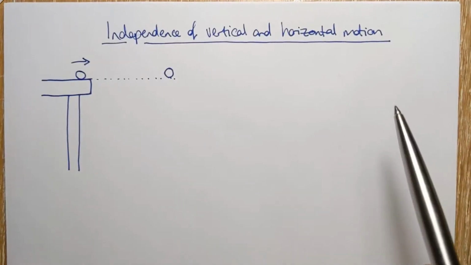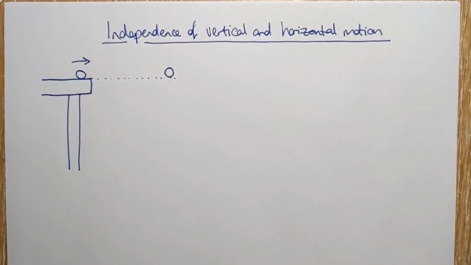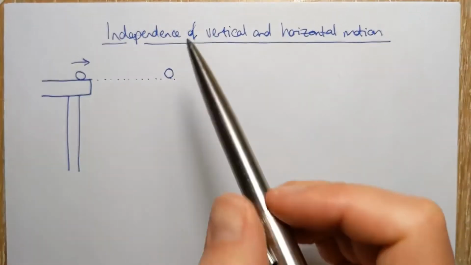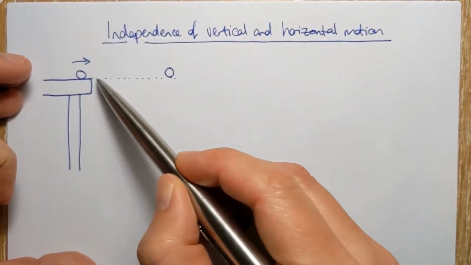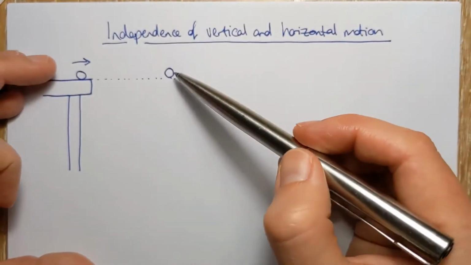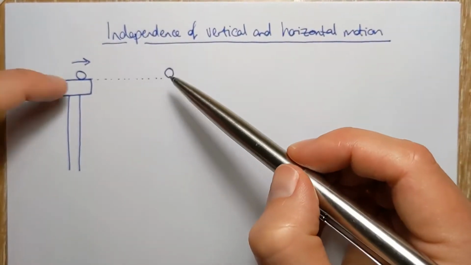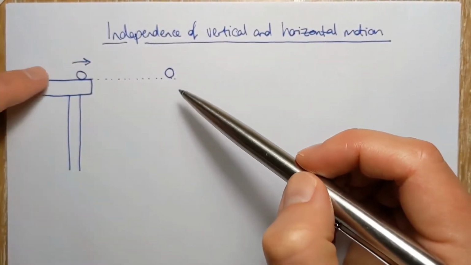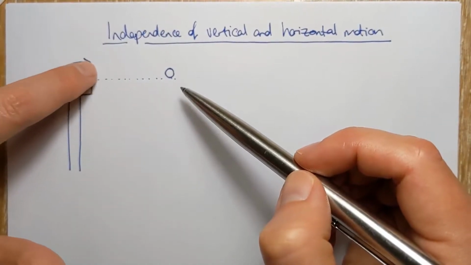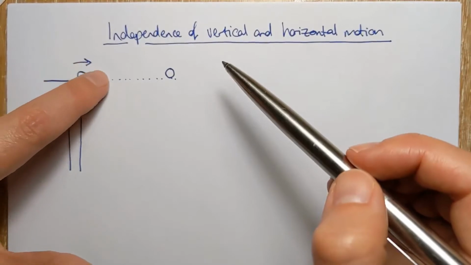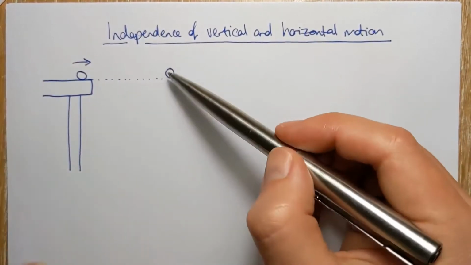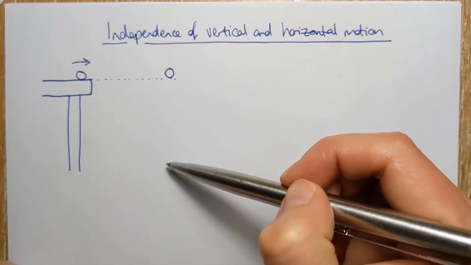Third up today, we're thinking about the components of an object's motion. So we're going to imagine that we drop this ball from exactly the height of the desk, and at exactly the same time, this ball rolls off the desk. So imagine you roll this one, and exactly the moment it rolls off, you drop that one. This one is going to follow a path something like that, and that one's going to fall straight down, vertically